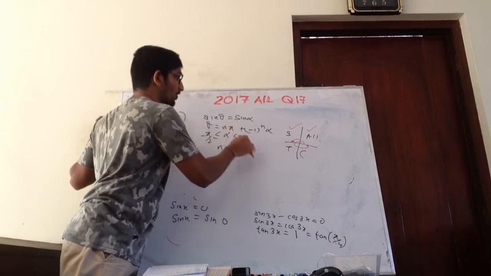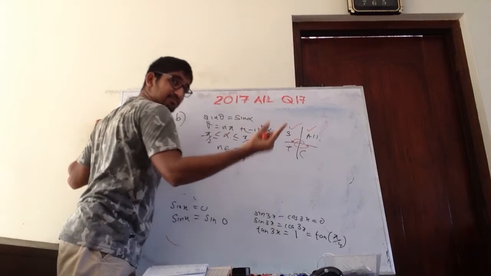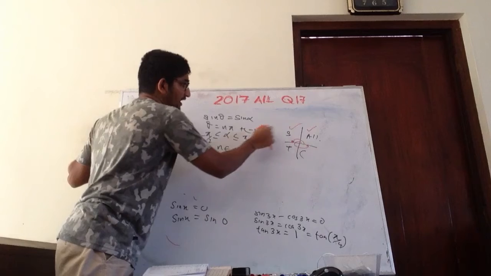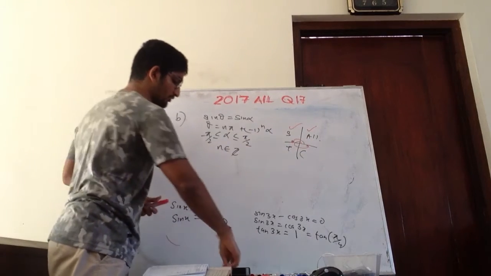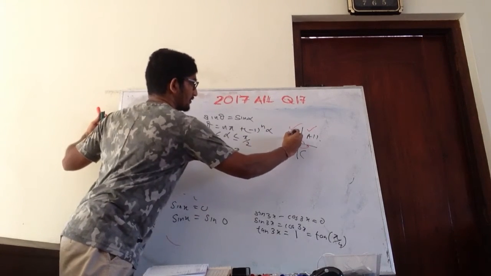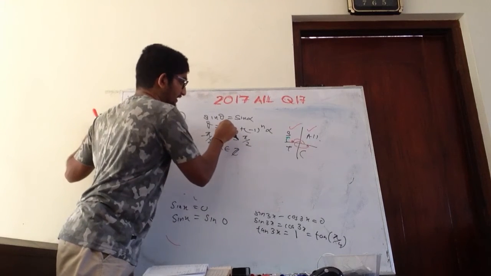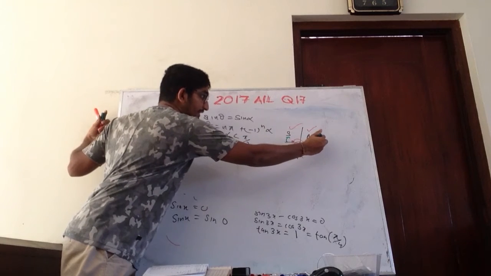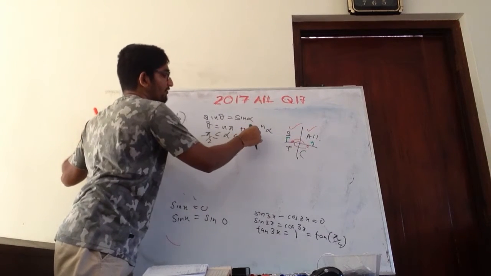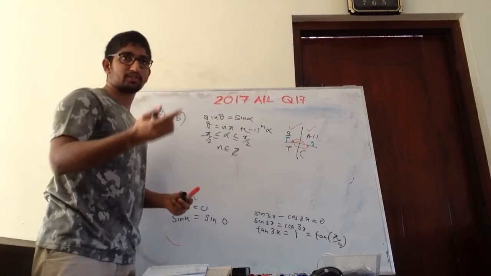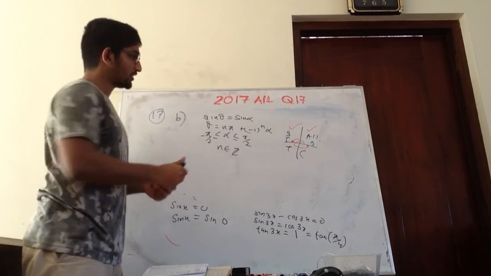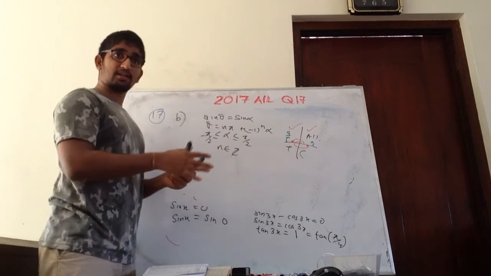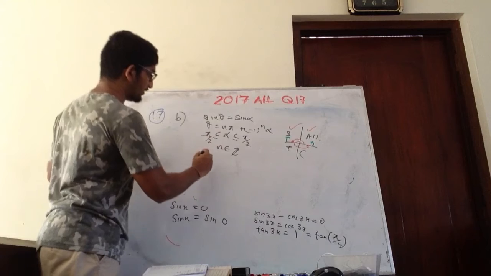So in order to get the positive part, if n is odd, then this will be n pi minus alpha. So that is what we need here. If n is 2, this will come up to here, then we need to add alpha and come up to here. So this is minus 1 to the power 2, that is going to be a positive part. So that's the basic logic here. This is just a way to remember.